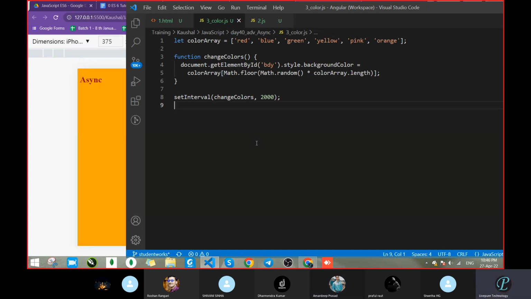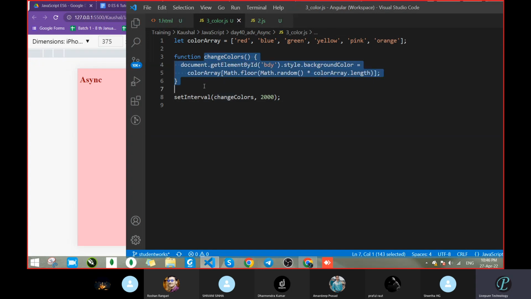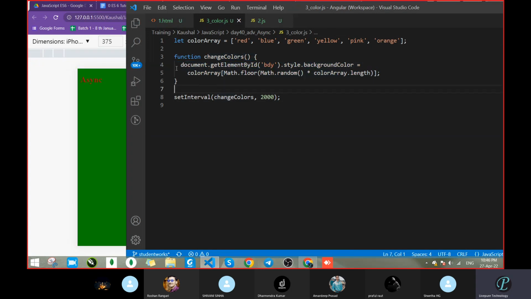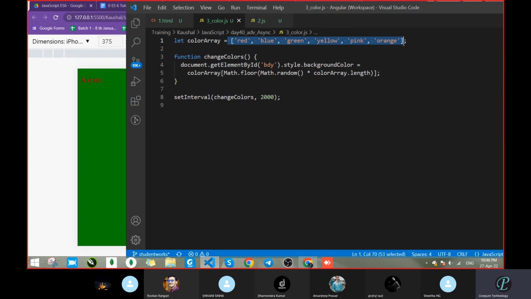Yes sir. Means we have to take all the values dynamically, automatic, no need to pass anything hard coded. So see what we did in this example: we took some values for the color, and after that we wrote a normal method. Then we took document.getElement style HTML, and in this we are going with the random method. Whatever value it gets, it takes randomly from this array, and then it passes it to this variable directly.